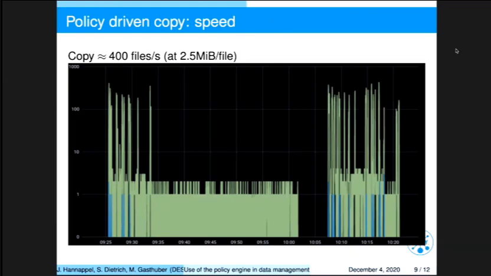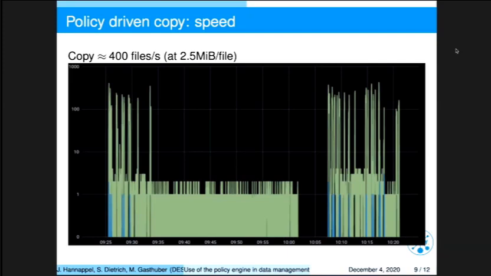Of course, we always get many files first. Some files take a little bit longer, which is why we get these tails. We call this cron job every few minutes, so you see this bursty nature.